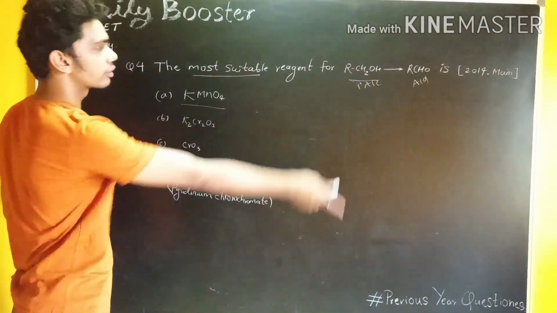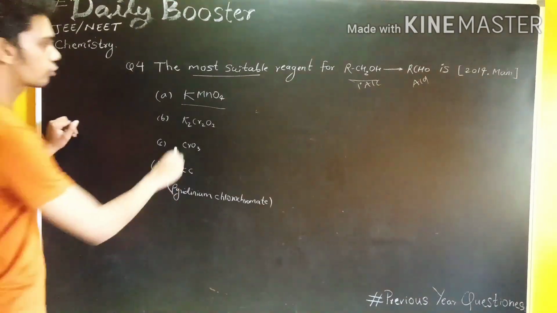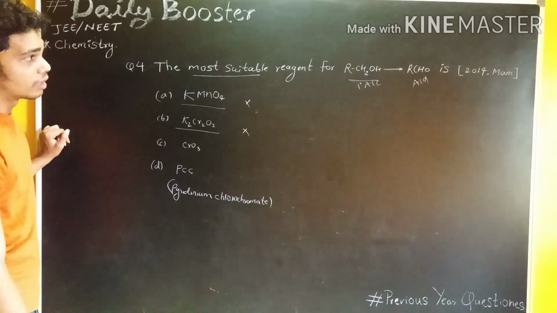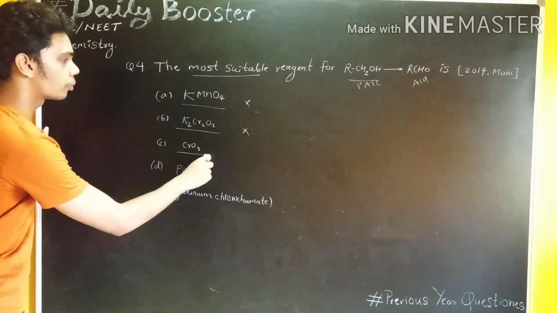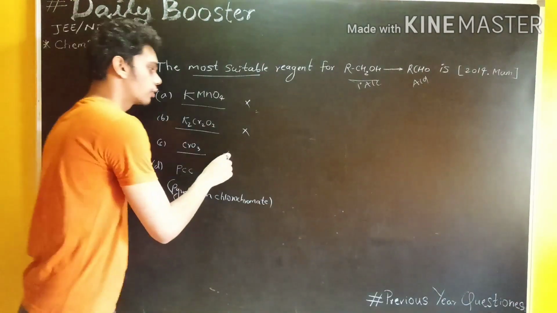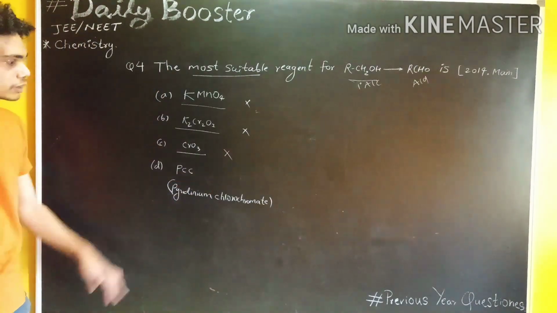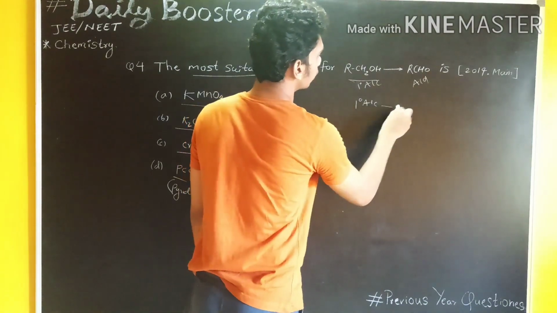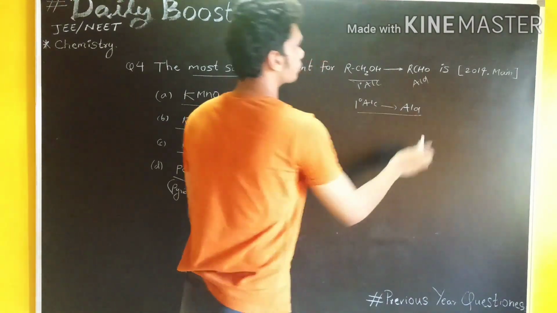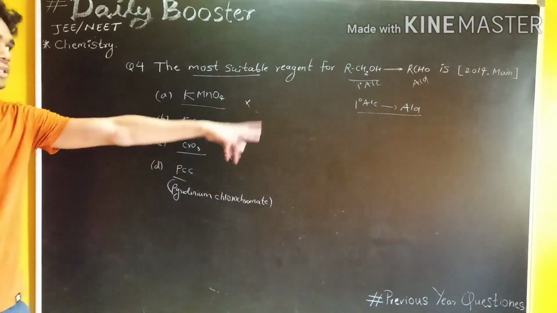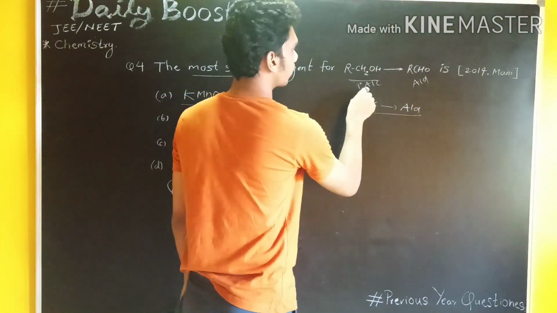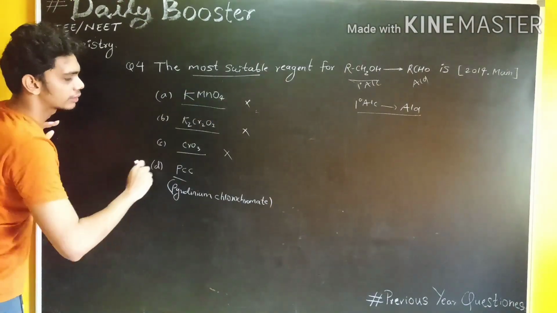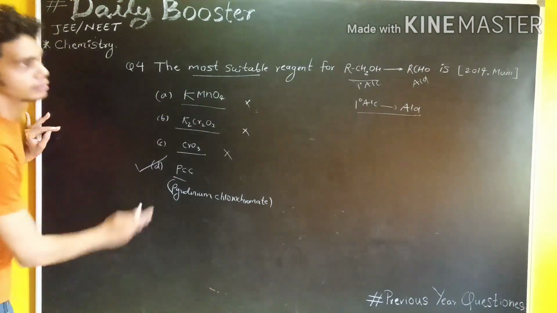So it will be directly converted into what? Acid. K2Cr2O7 is also a strong one, so it is also not the most suitable. Chromium oxide is also there, but it's also strong, so it's also not there. So the only remaining option is PCC, which converts your primary alcohol to the aldehyde group, with the formation of an intermediate, but it's a direct conversion from the primary alcohol to the aldehyde. So the most suitable reagent is option number D. You have to understand.